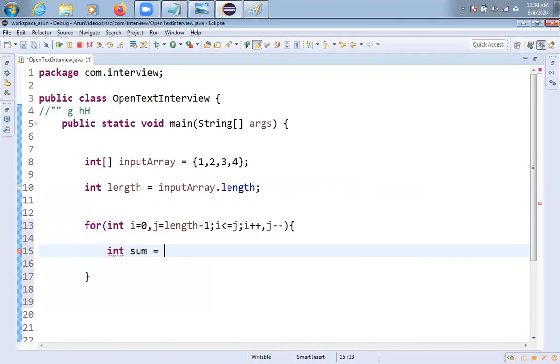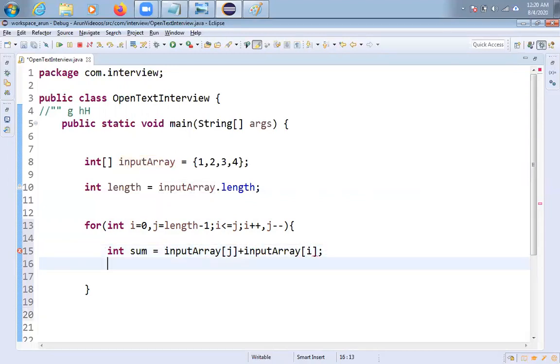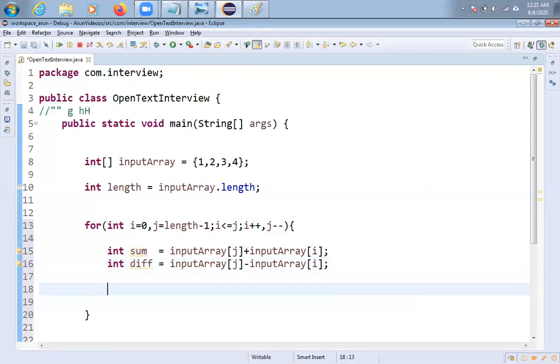So I'm taking integer sum equal to, say, input array of j, not i, I'm taking, friends, plus input array of i. Okay, next integer difference equal to, say, input array of j minus input array of i. So not plus, it is a minus, friends. That's it. So it is done. For first iteration, I got sum and difference.